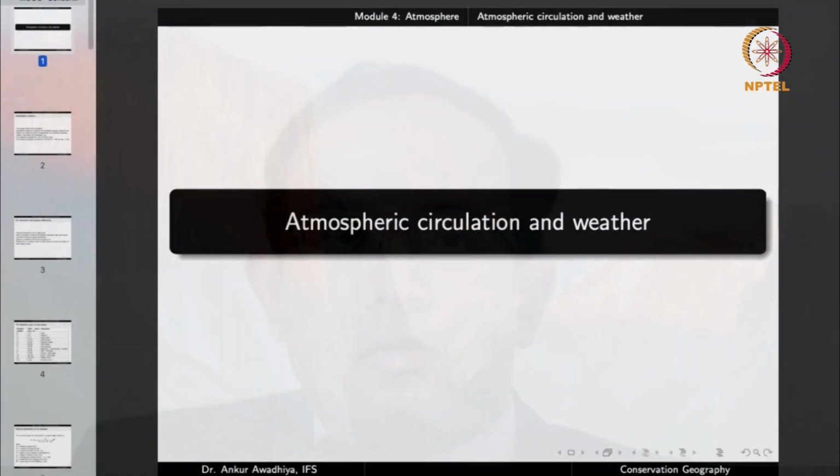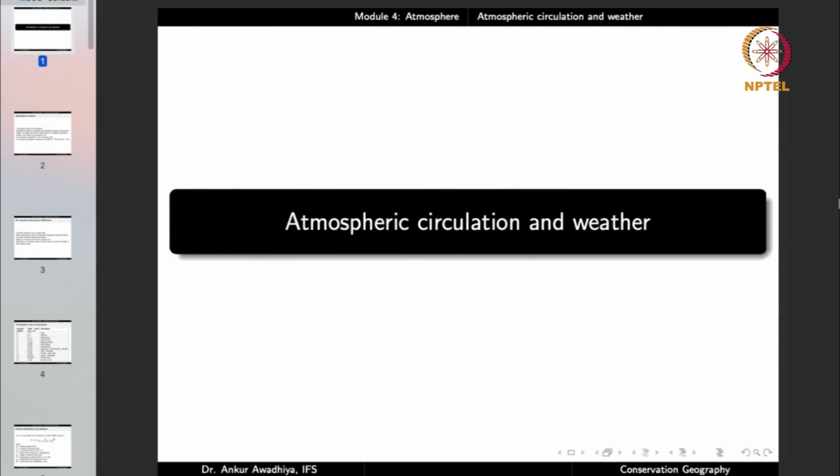Namaste. We move forward with our discussion on the atmosphere, and in this lecture, we shall have a look at atmospheric circulation and weather. We had ended the previous lecture by looking at the differences in temperature in different regions of the earth. We looked at different factors that govern the amount of heat that comes into an area,